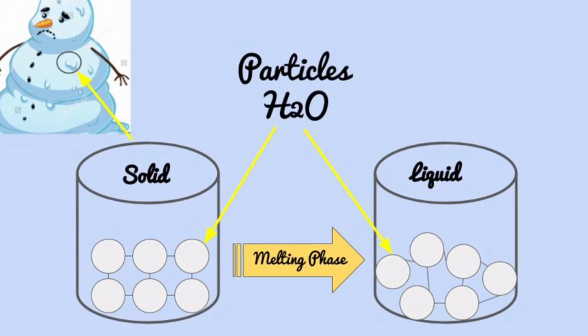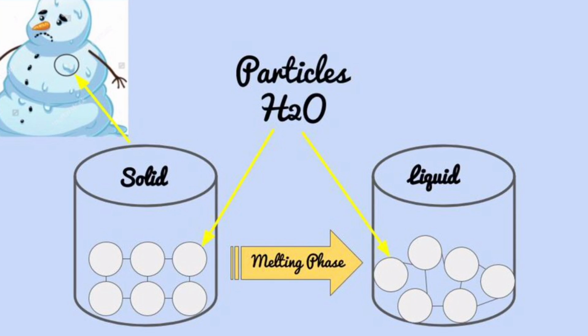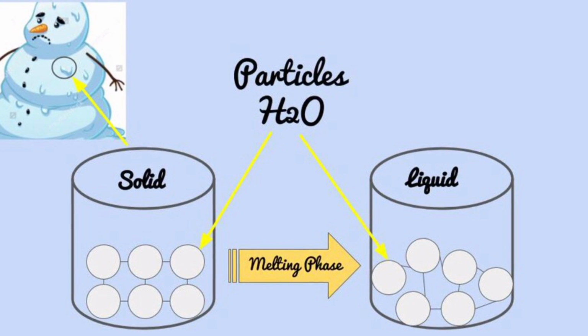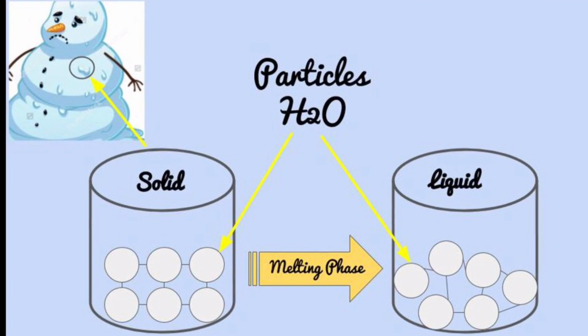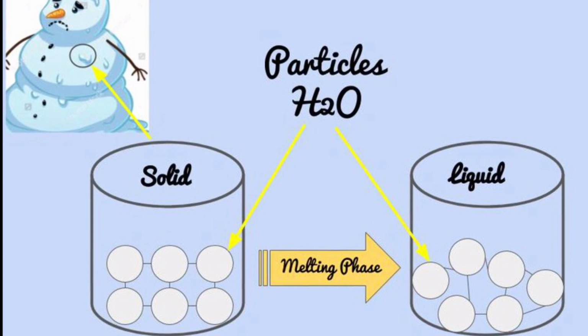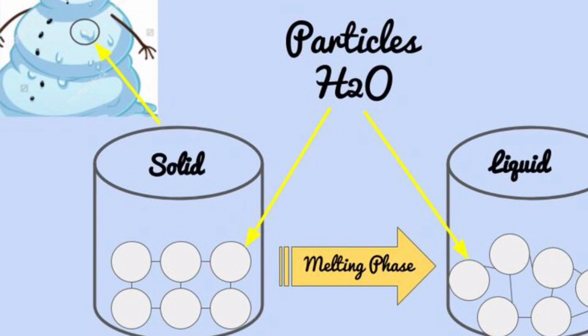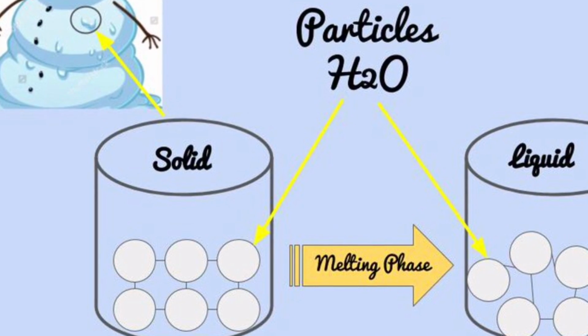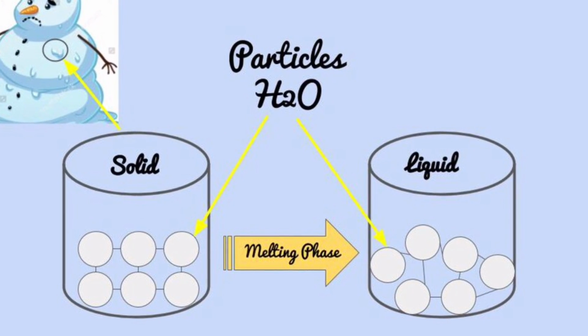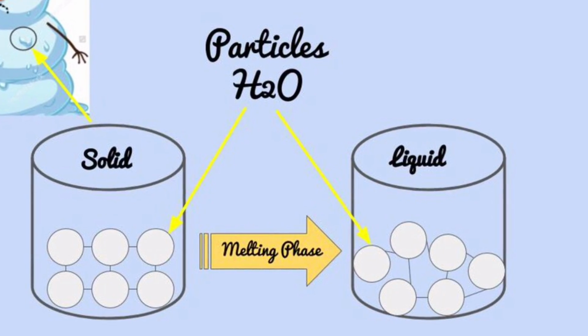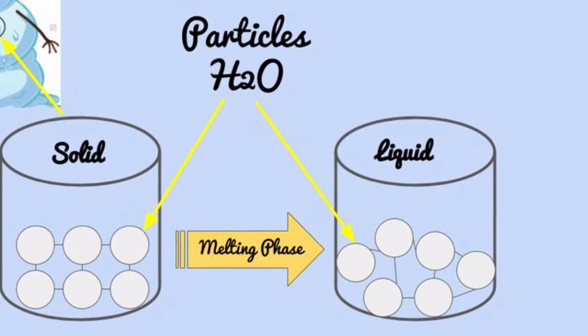Now I'll zoom in and show the particles. Since this is a phase change, it is the melting process. It goes from solid to liquid. Before the snowman is melted, it is in the solid state. And when it's in the solid state, the particles are tightly packed and are only able to vibrate. When it goes to a liquid state, the molecules slide past one another and have little space in between them